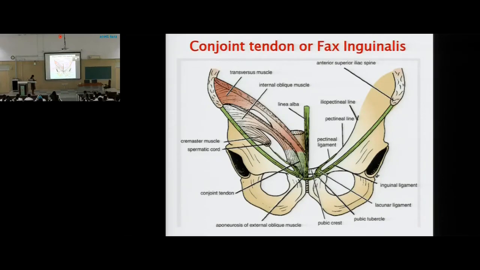ऐसे ही transverse abdominis. Transverse abdominis का what happens? Lateral 1/3 से originate करेंगे and then they are going to arch. They form the arching fibers. ये arching यहाँ पर तो थोड़ा और laterally है, यहाँ पे थोड़ा medially है. ऐसा क्यों? ऐसा क्यों? Because this is an oblique canal. ये canal oblique है, ऐसे आ रहा है, ठीक है. So when this canal is coming from the lateral side to the medial side, that is from the deep inguinal ring which is located slightly laterally to the superficial inguinal ring which is present medially, तो we can say ये वाले fibers थोड़ा सा और medial आ सकते हैं, fleshy fibers, as compared to the deeper ones, because they have to create a space. Yes.